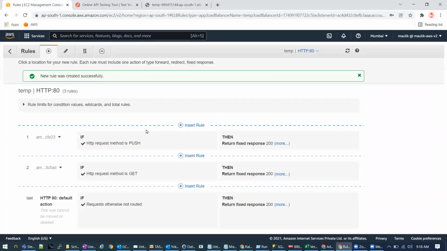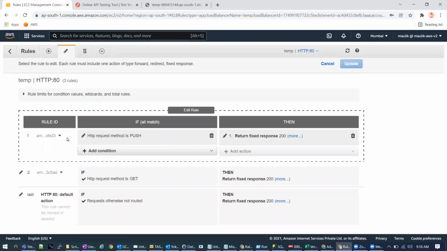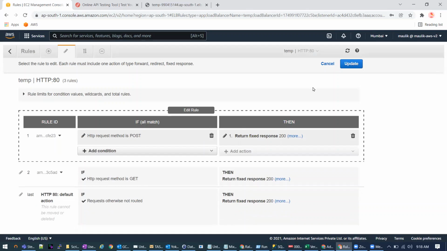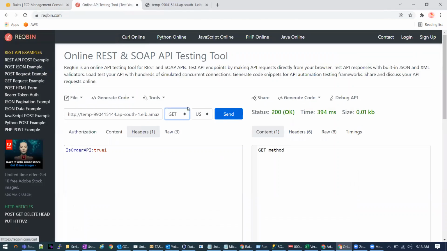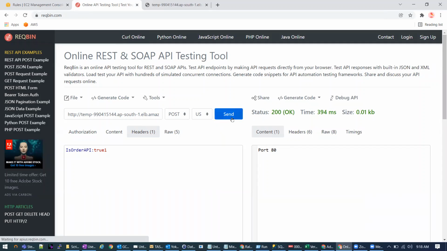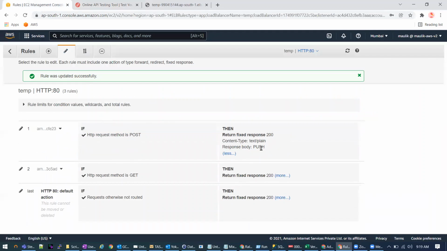Oops, sorry, post. Sorry, I have written the wrong response over here, so you can just ignore this. So that means it is correctly evaluating the different methods.